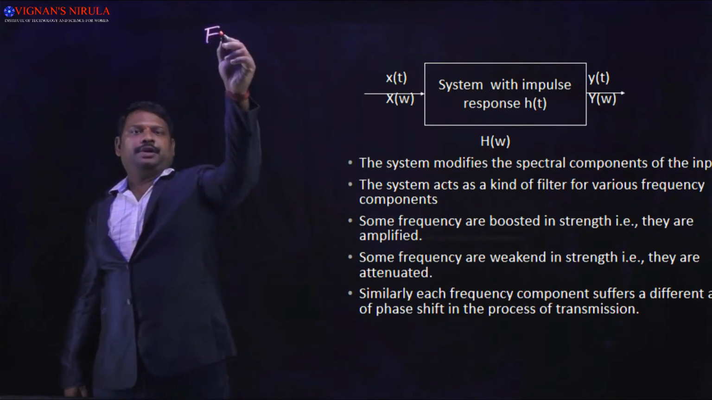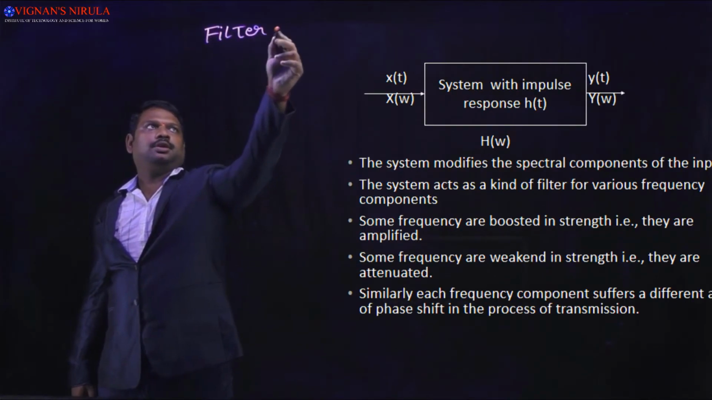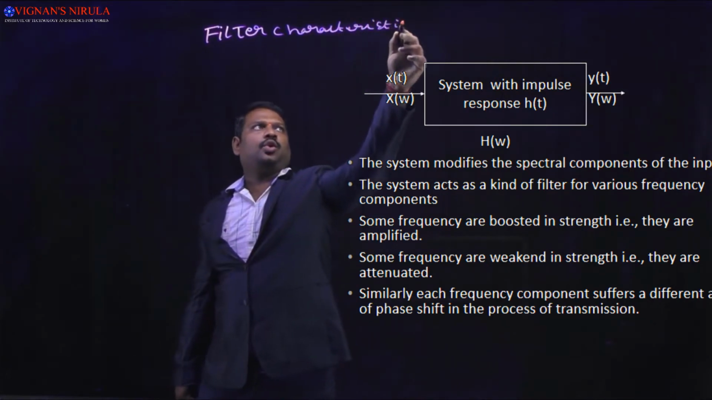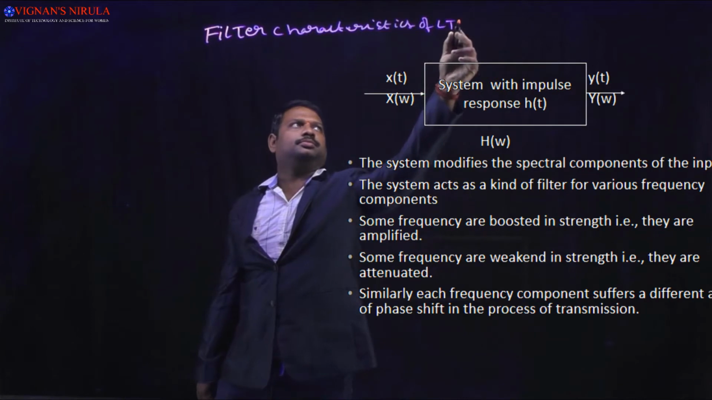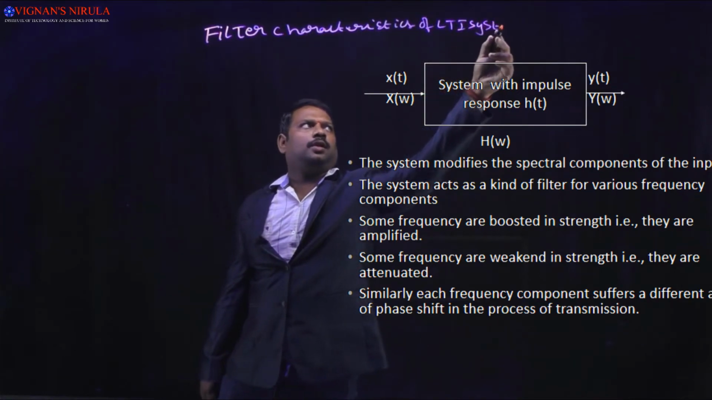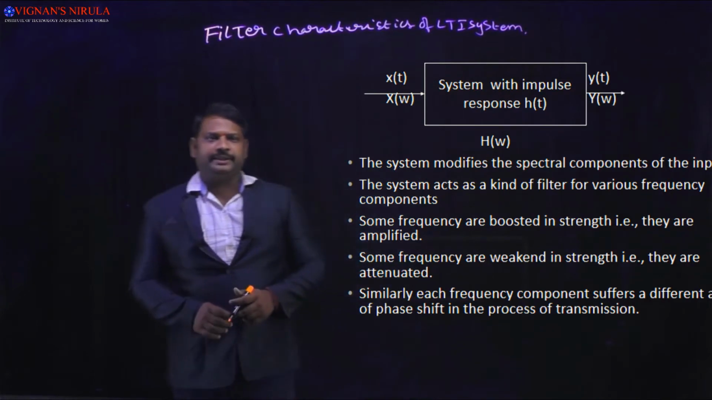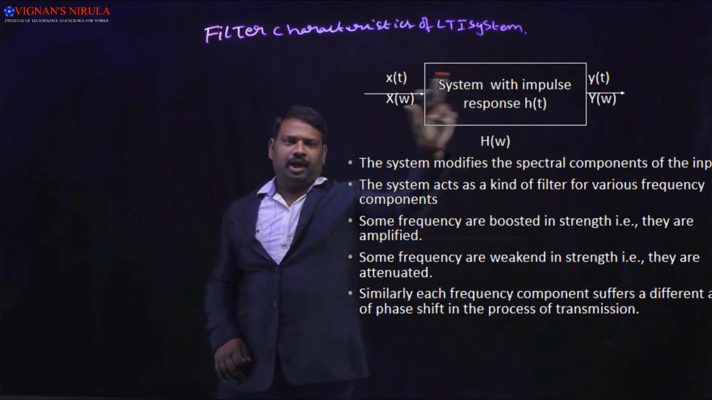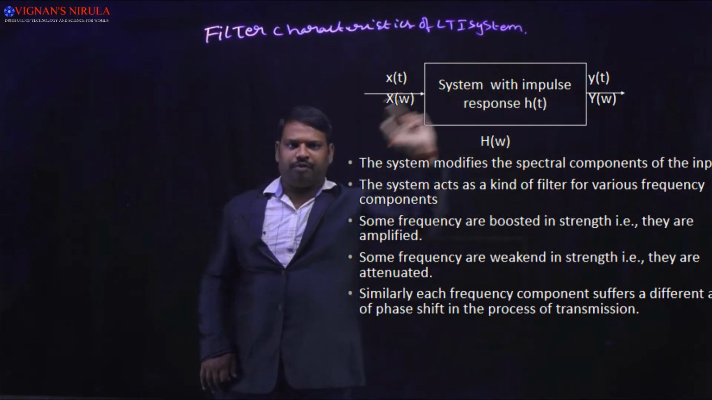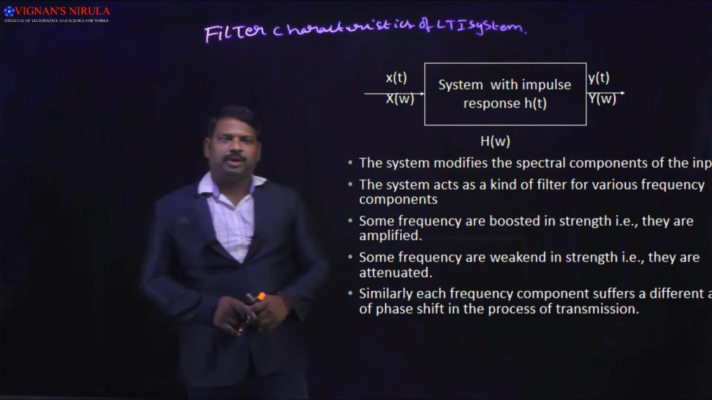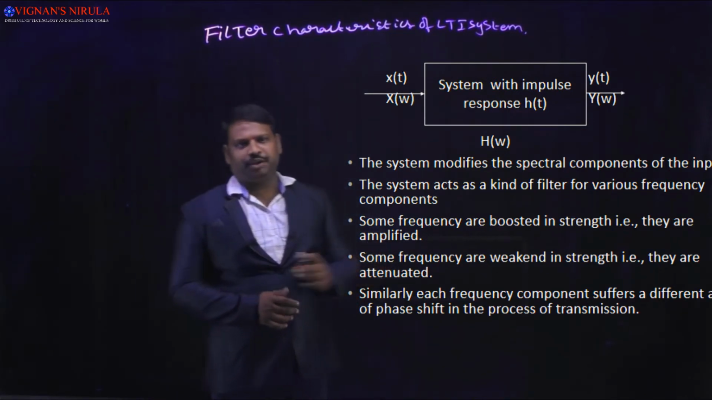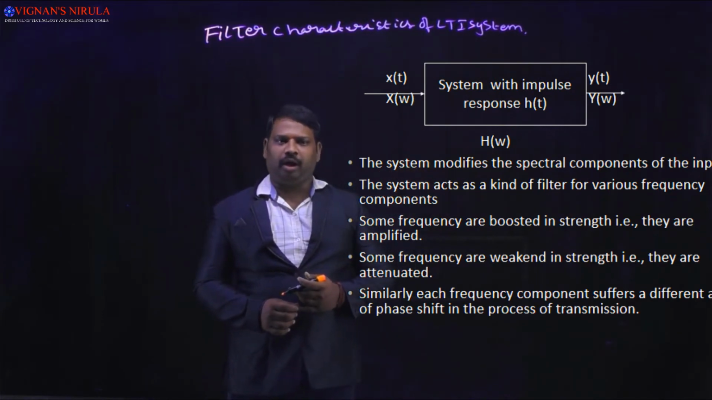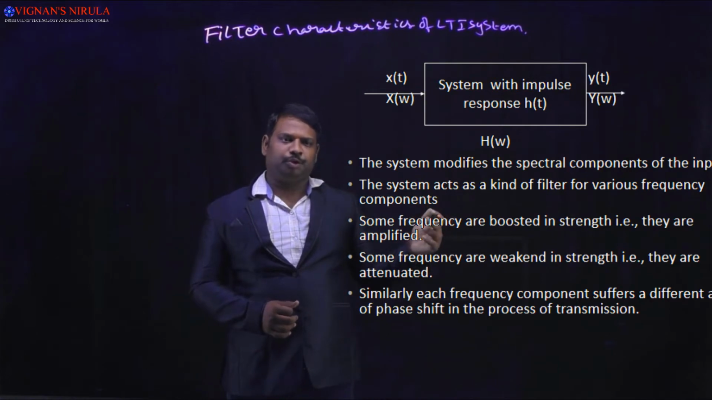Next one, filter characteristics of LTI system. In the filter characteristics, let us consider the system with the impulse response h of t, the input x of t and the output y of t. Therefore, x of t has Fourier transform X of omega, the impulse response h of t has the frequency response H of omega, and the output y of t has Fourier transform